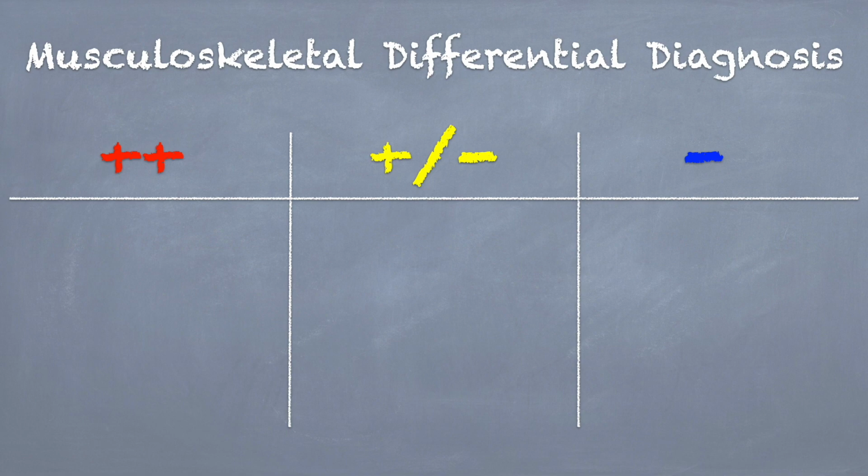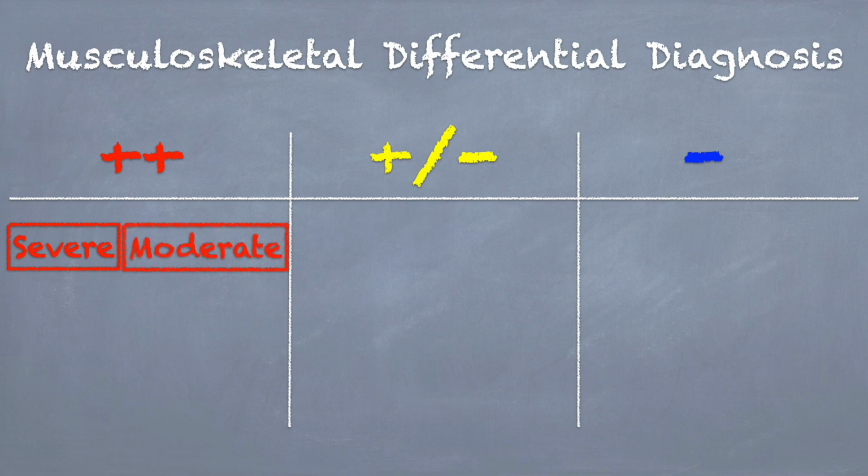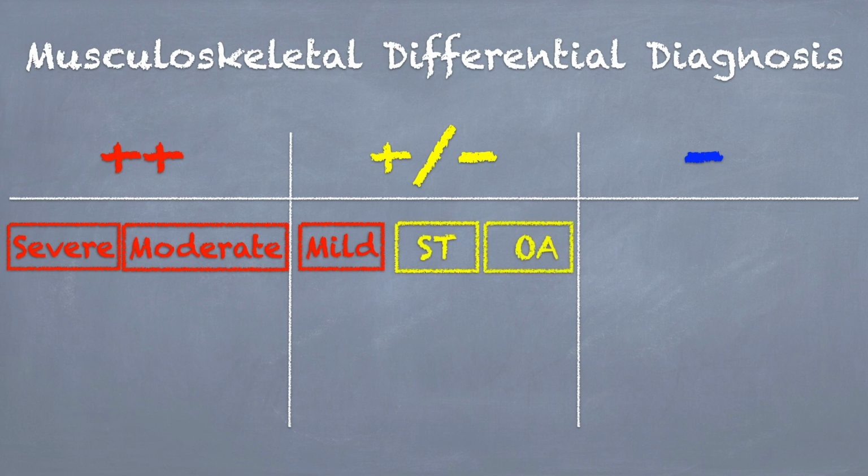So let's look at breaking this down a little further. People with a lot of inflammation, with swelling, loss of range of motion, loss of function, can either have severe or moderate problems. What makes it tough is sometimes, especially if they're partially treated or have earlier mild disease, they might just have mild autoimmune disease. And that can look quite a bit like soft tissue pain or degenerative disease. And so these presentations can sometimes cross over. But that's okay. If we don't have a lot of inflammation, we can really treat this in the same way